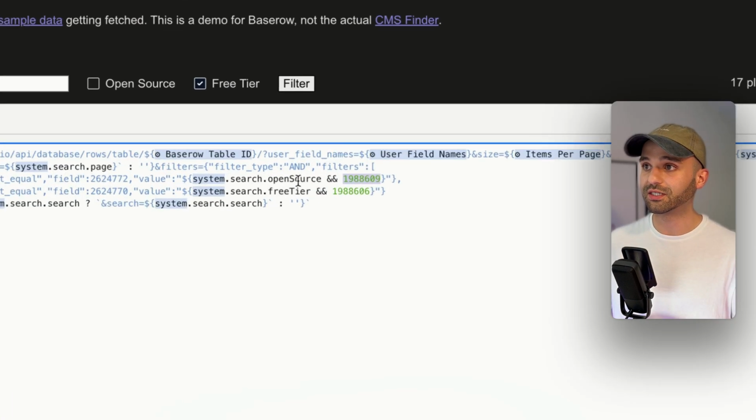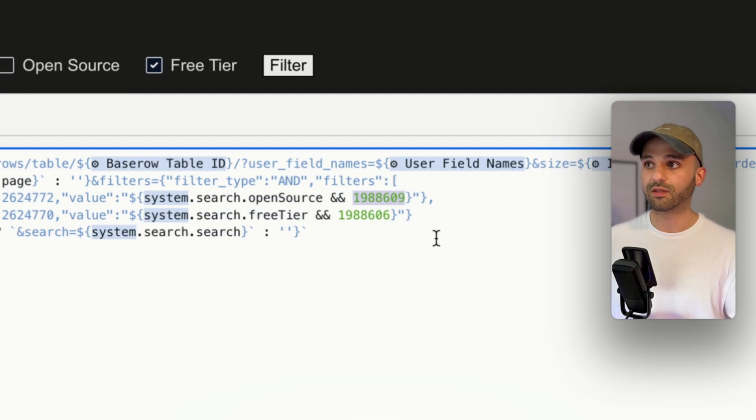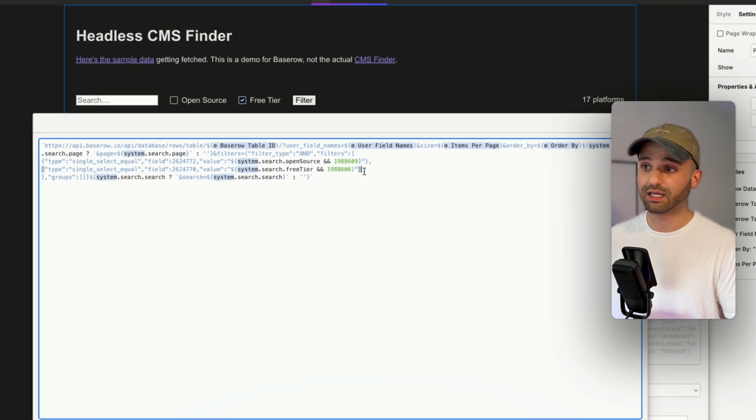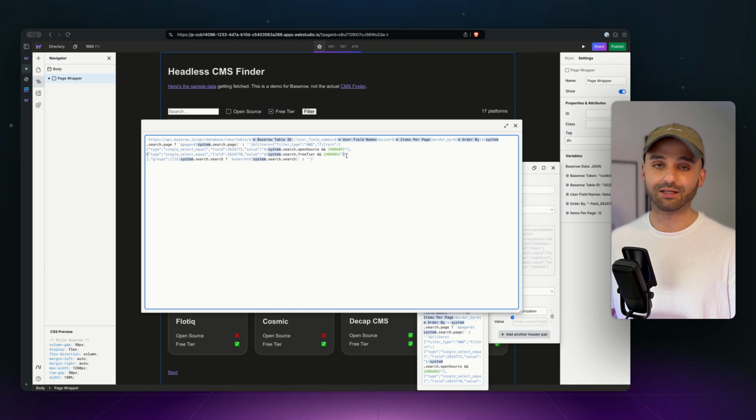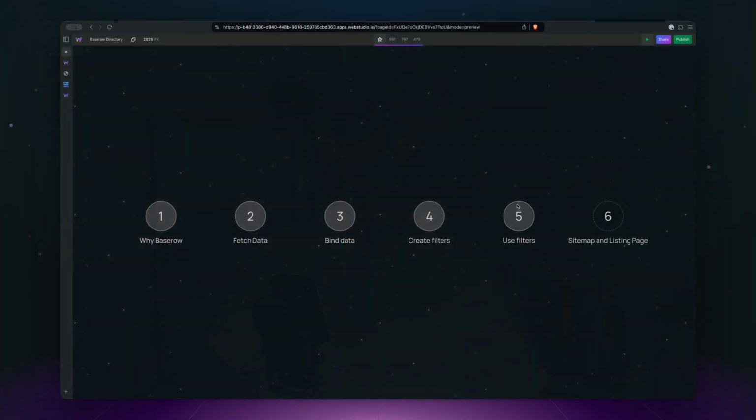We have used the filters now. We've taken what the form was putting in the URL and used those query parameters and have conditionally put them into our resource. This, to tie it back to point one, was one of the great points about Baserow, is that we didn't need to specify that else condition. So we just said, does open source exist? Great. Output this value. If it doesn't exist, it's going to output undefined, and Baserow says, I can see you didn't provide anything for this. I'm not going to apply that filter. And that is a great feature, letting us keep our queries or our URLs very simple. So we can check that off, and now we have a full functioning directory, but